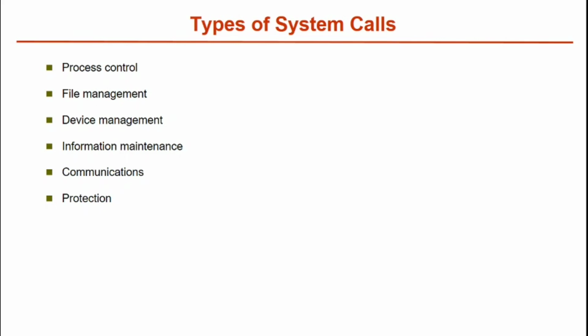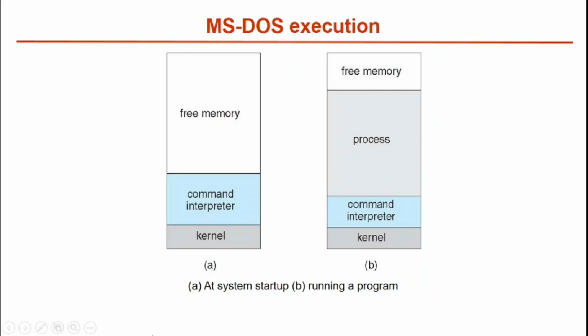To overcome the disadvantages, we use a multitasking operating system, where you can run multiple processes. You can see this diagram. In the system startup running program, only one process can be executed. This is the free memory, in which you can see the DOS operating system. Here only one process can be executed. Even though there is a lot of memory, it can execute only one process. This is the problem we faced in disk operating system execution.